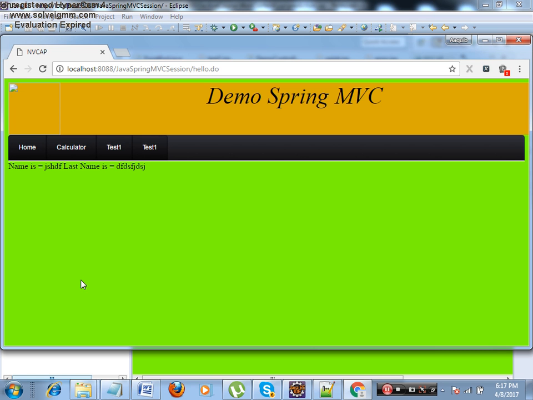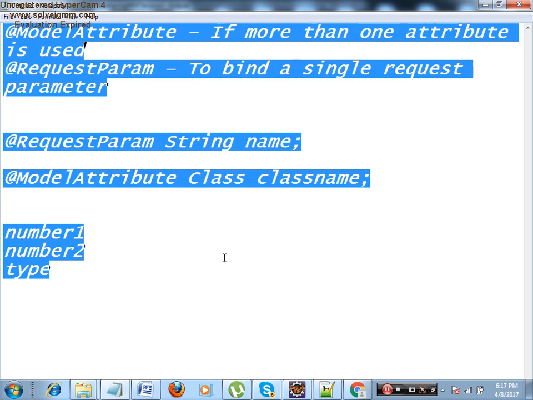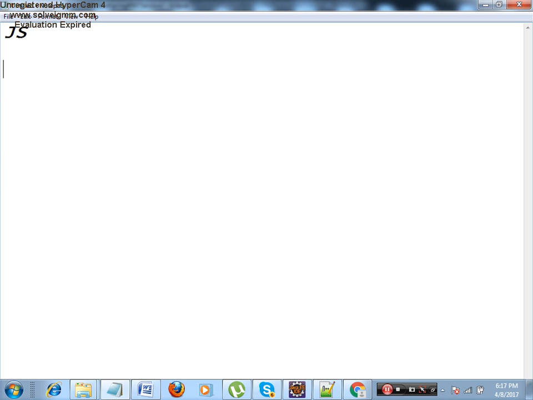One more type of flow will be there, that is called as an Ajax flow. If it is an Ajax flow, instead of form action you have to look on the front end inside a JS file. You have to look for URL colon. On a JSP you are looking for form action, on a JS you have to look for URL colon. Then in the controller how to identify which function is getting called? At request mapping value, that will remain the same. Only in the front end, instead of looking into JSP you have to look into JS. That is one thing.